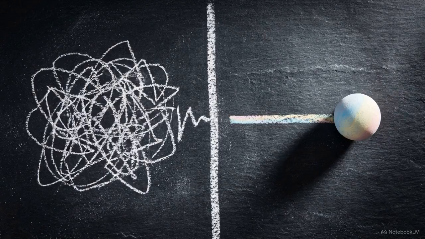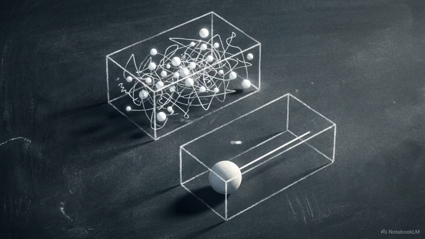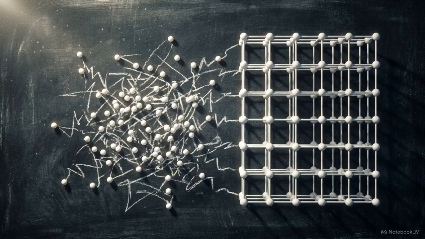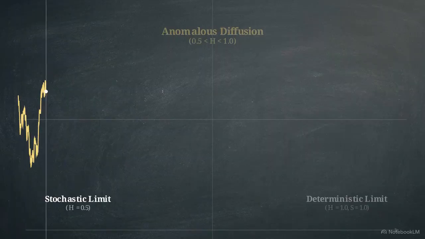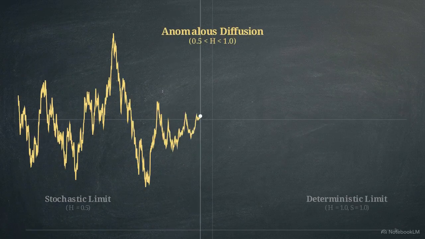These discoveries left science with a fractured view of reality. The chaotic subatomic world and the predictable macroscopic world were treated as two disconnected universes with different sets of rules. However, reality rarely respects this binary split. Biological cells and human financial markets often display anomalous diffusion, behavior that is too organized to be random, but too